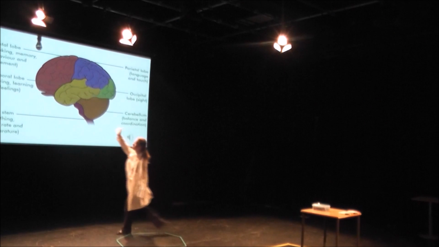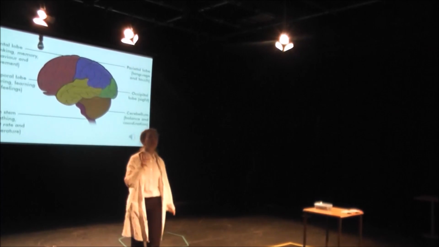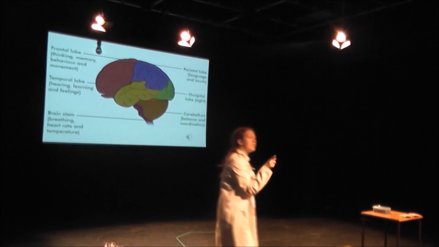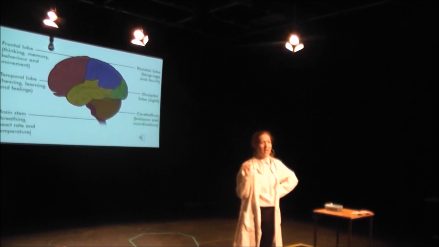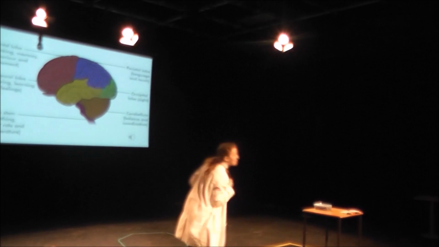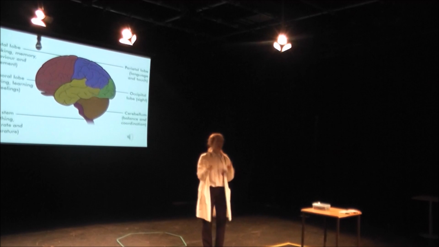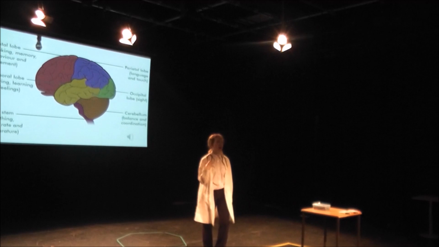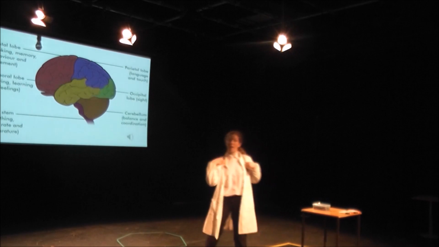Now, before I start my test, I first have to tell you the basics of the brain. First off, we have the frontal lobe, which is described above. So it's what makes you go a bit crazy sometimes. It's what makes me talk with my hands. It's what makes you think about that time you accidentally peed in the pool and everyone saw you and it was mega embarrassing and you couldn't leave the house for a month. Then we go on to the temporal lobe, which, as you can see, is again described above. That's your hearing, and when you get old and you start going, hey? What's that? Couldn't hear you. That's all to do with the temporal lobe.